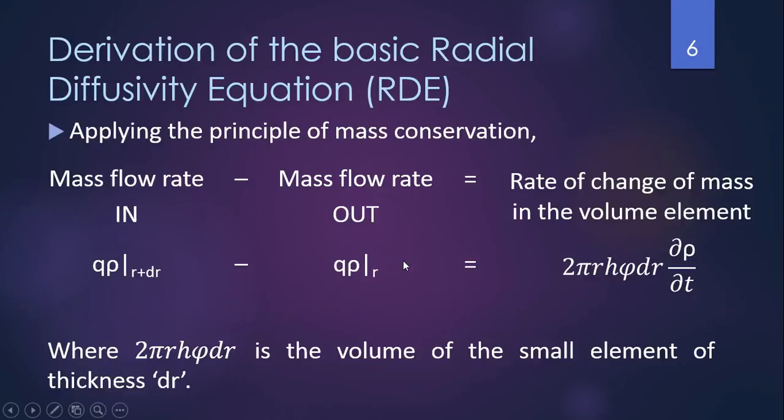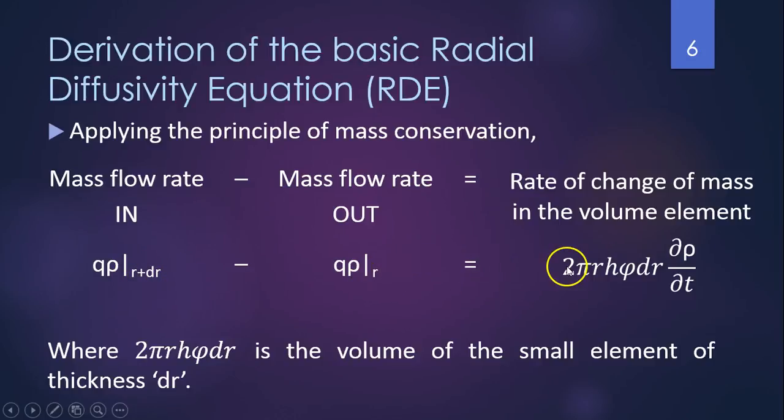So applying the principle of mass conservation, mass flow rate in minus mass flow rate out is equal to rate of change of mass in the volume element. So q rho at r plus dr minus q rho at r